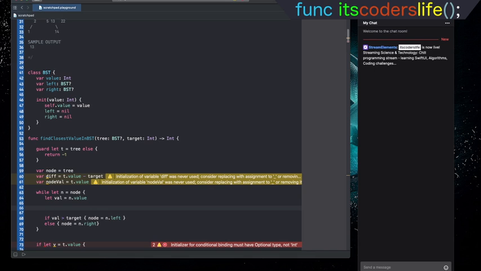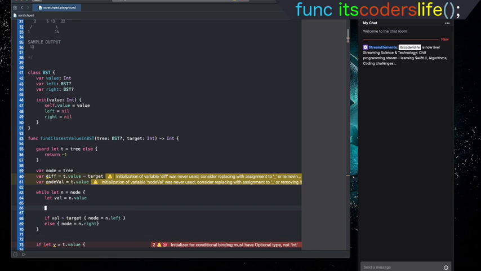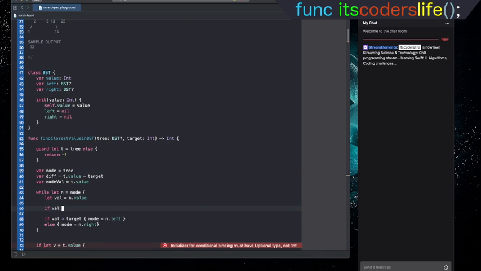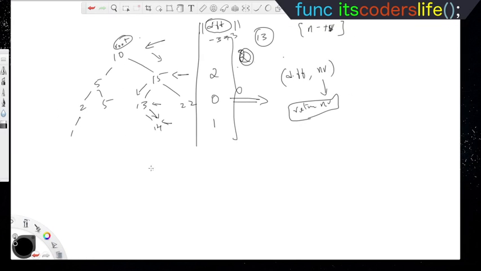So if val minus target is less than the current diff, if the node value minus the target is less than the existing diff,